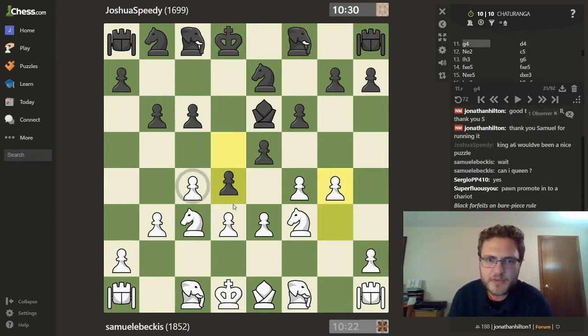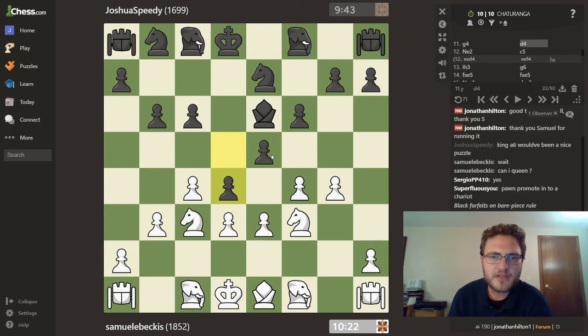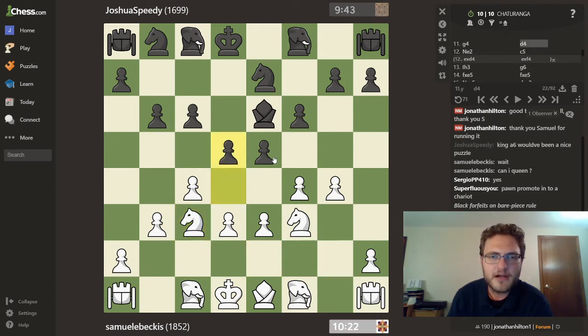So the idea with d4, which is what was played, is going to be to weaken the f4 pawn. As it is, Samuel played knight e2, which is not a bad move. But in terms of this weakness, we can take a look at what happens after bishop to d6. So the pawn on f4 is threatened. If white plays pawn to f5,